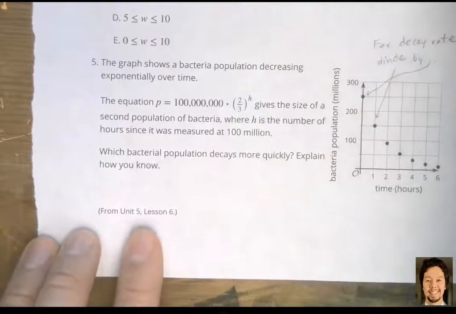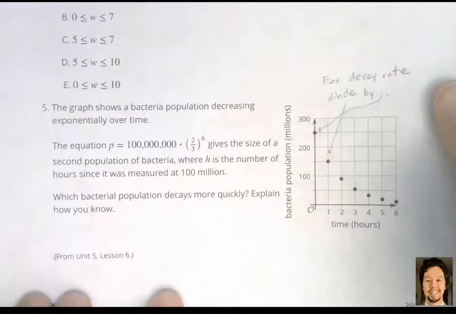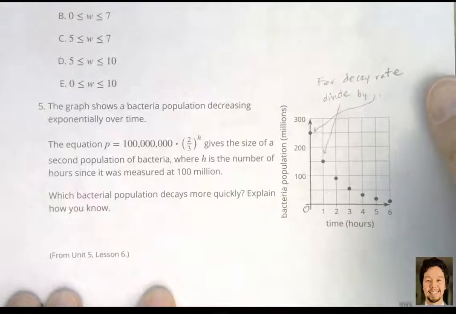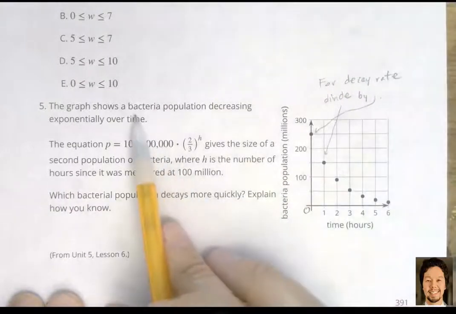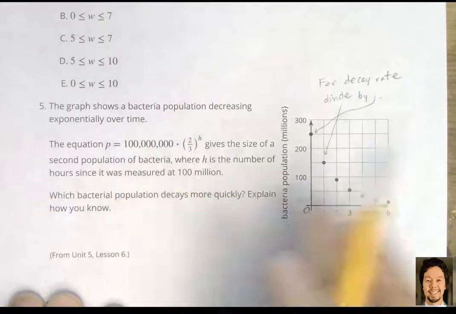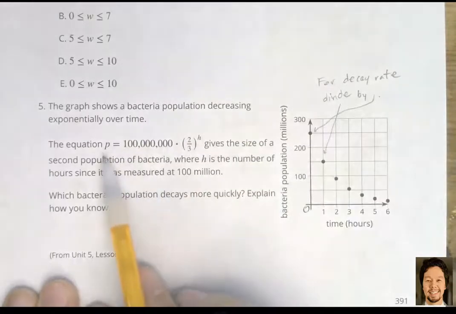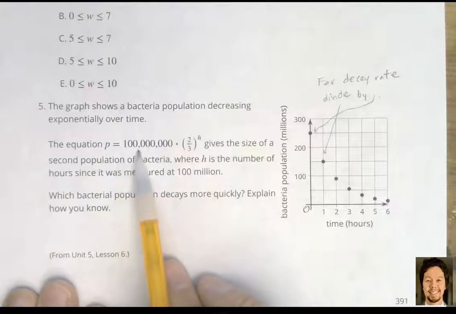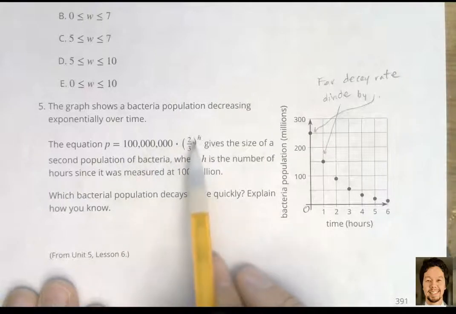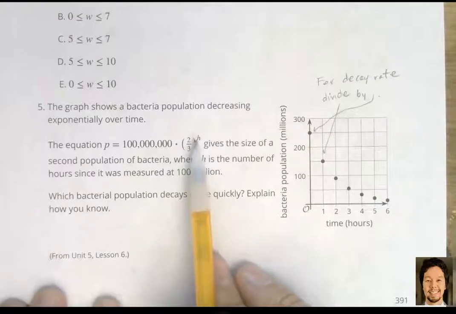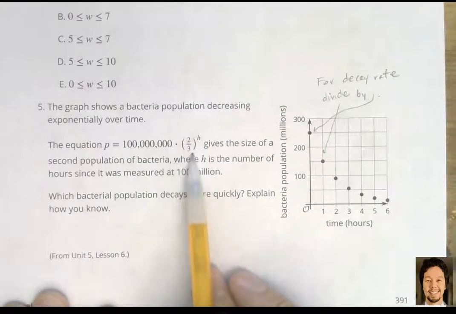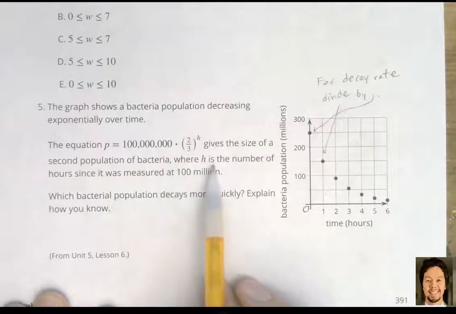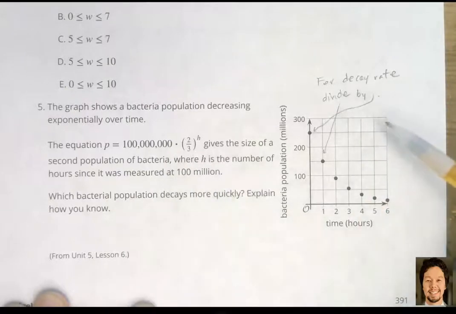Finally, number 5. This one is a throwback to lesson 6. So this should be fairly simple. It should be review. So this shows bacteria population decreasing exponentially over time. So we have an equation, right? There's 100 million bacteria at the start, and the rate of decay is 2/3. And then we have another situation that's shown graphically,